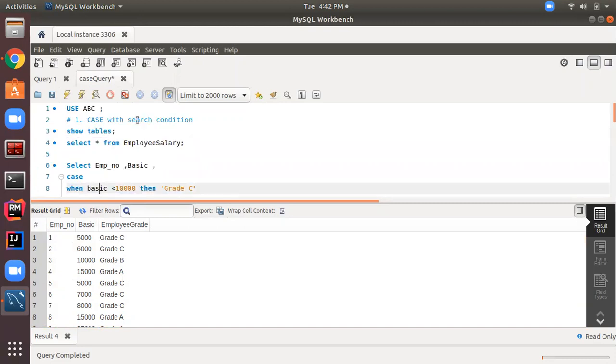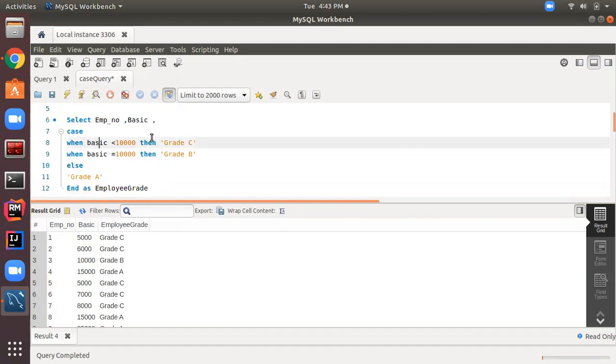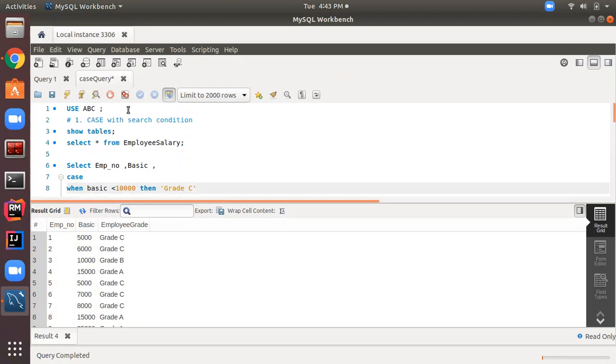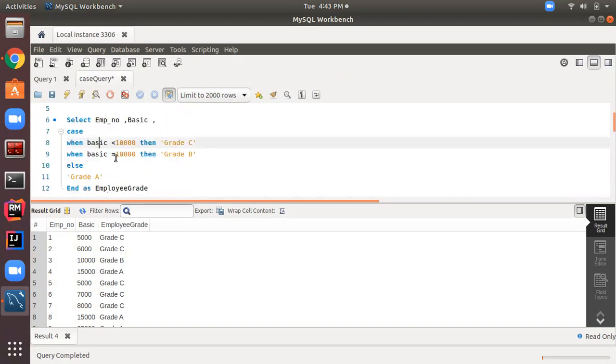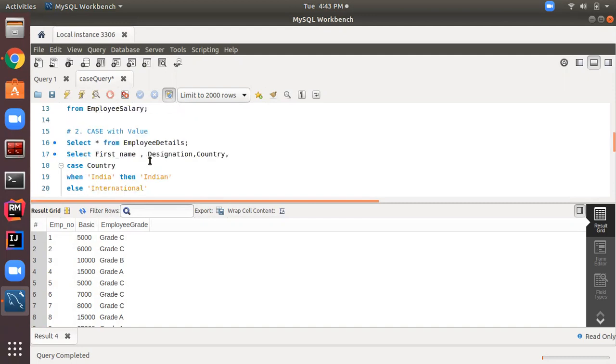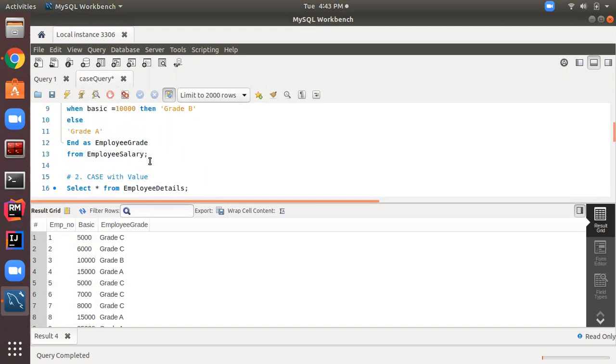We can use case statement in multiple ways. One way of using case statement is case with condition. Whenever we have boolean conditions in the case statement, that is known as case with search condition. Here I have two boolean conditions, basic less than 10,000 and basic equal to 10,000. Now the second way of using case statement is